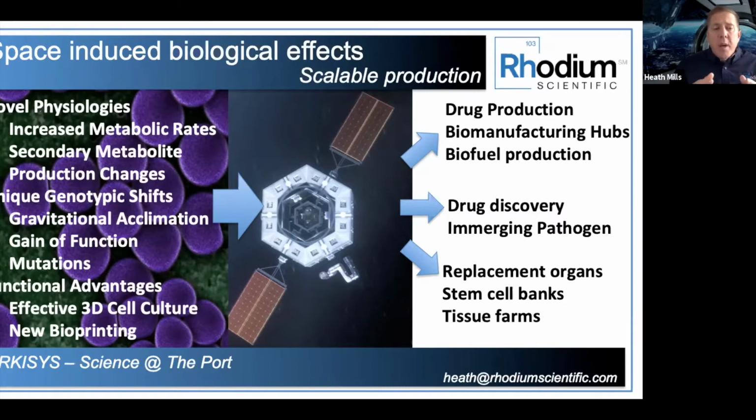Now, that's interesting because at that point, we're talking about maybe producing something that is acclimatized to that new gravitational environment. Just like drought-resistant crops have been evolved and developed and spread out to new regions on Earth, what is the acclimation process needed for gravitational changes? Maybe to the moon, maybe to Mars, maybe to LEO, maybe to GEO. There may be new gain of function mutations that are very interesting that are only functional on the port